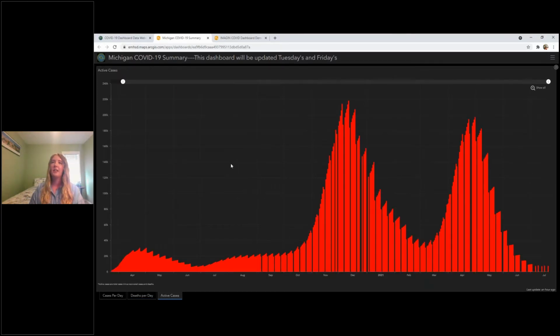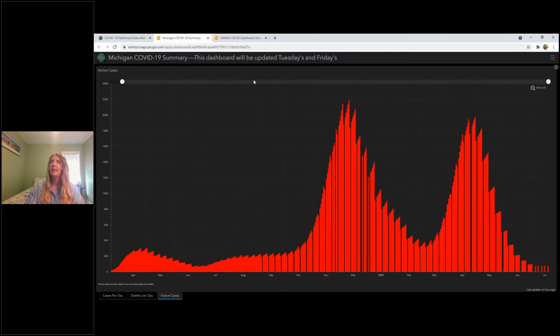And then last week here is our active cases. Initially they weren't reporting any recovered. By April of 2020, they started reporting recovered cases, and that's only updated once a week. That's why we have the weird spikes here every week. That was being reported on Saturdays, but now that they are no longer reporting data on the weekends, it is reported out on Tuesdays. So that's why you'll see the spike as the day goes on.